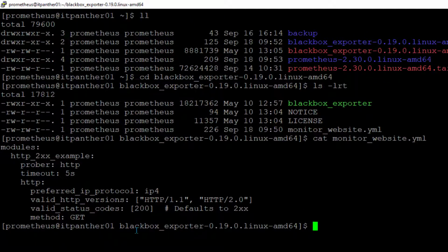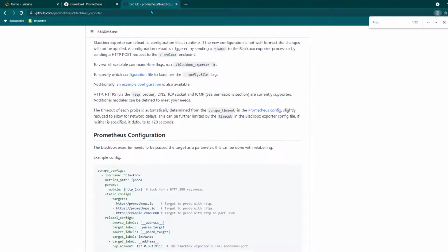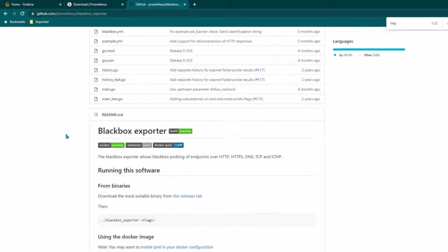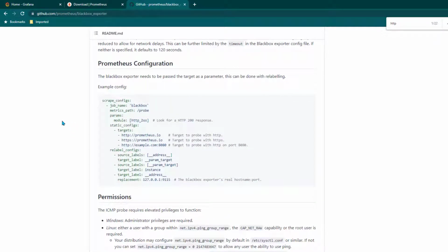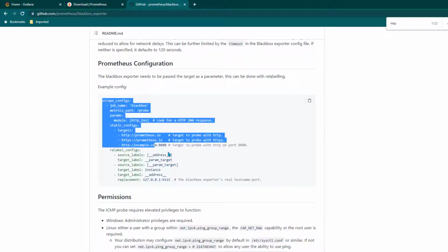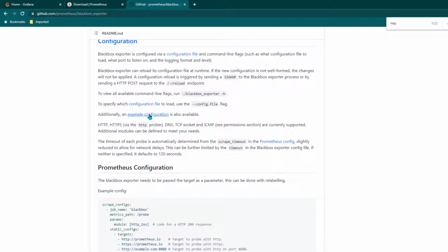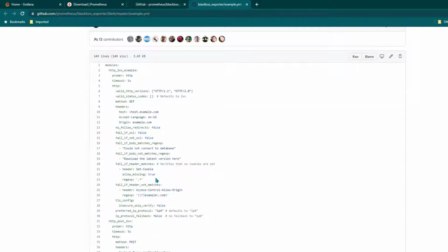It is pretty straightforward, okay, and all of this is beautifully explained in the Prometheus documentation. So if you go to github.com/prometheus/blackbox_exporter and then scroll down, you can see all of these steps are mentioned here pretty beautifully. So what we need to do is, these are the changes which we need to do in Prometheus configuration. We'll come to this, but before this, we can see an example of the configuration which needs to be done in Blackbox side. So I'm just going to open up this documentation in the new tab, and here you can see it's a complete example which has been given here.